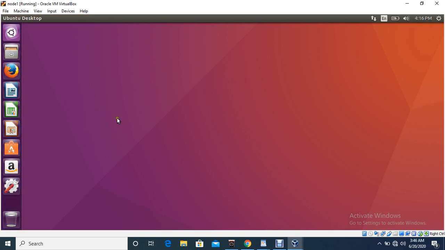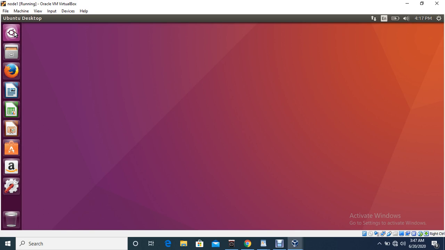Fine, cool. So you can see now you got your desktop. Everything is completed successfully and your Ubuntu OS is installed successfully in your system with VirtualBox. So this is a way you can install your Ubuntu server, Ubuntu OS.